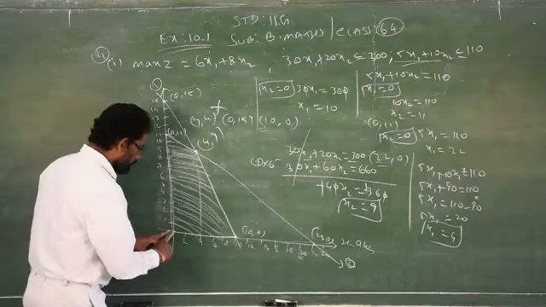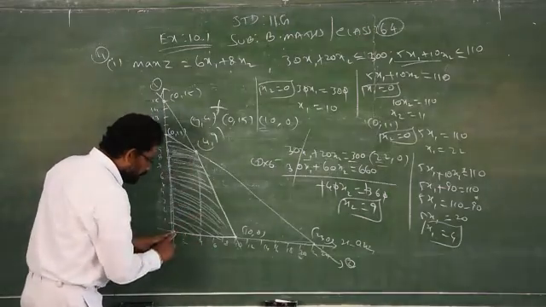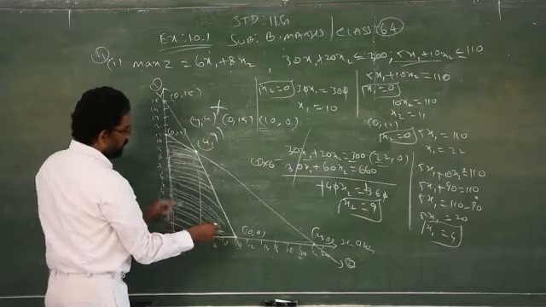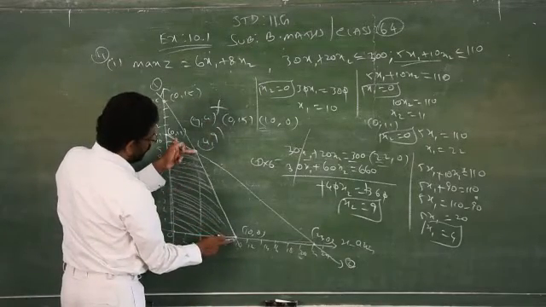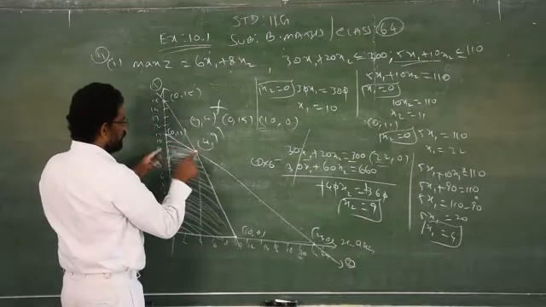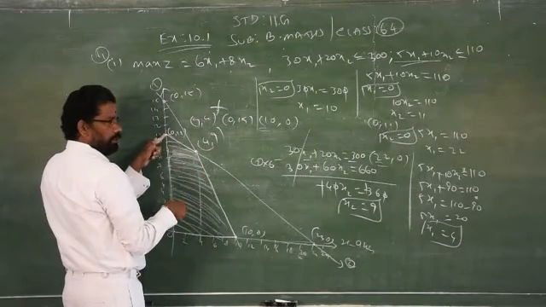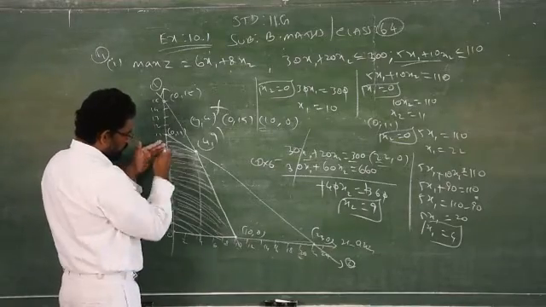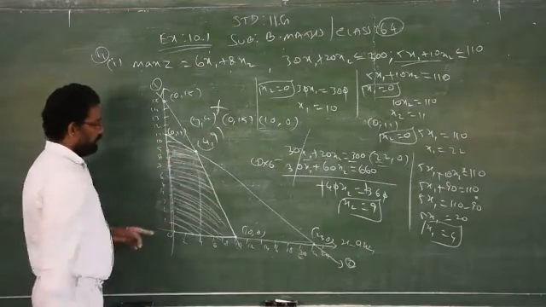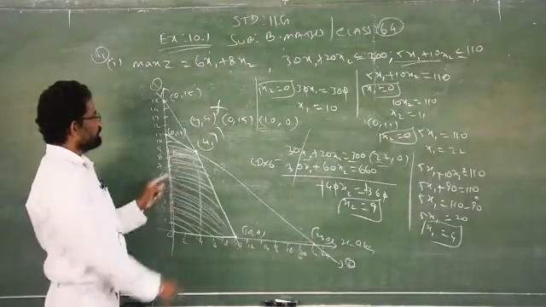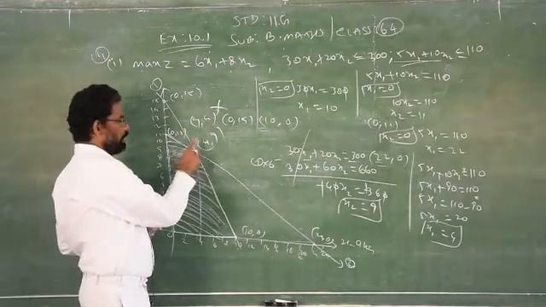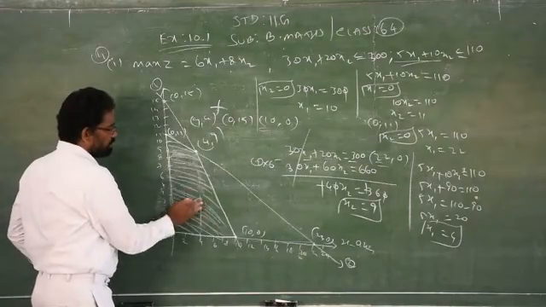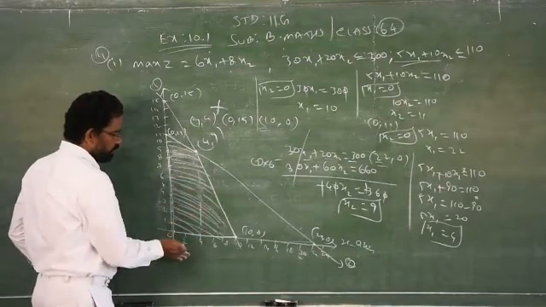Please ensure that before you shade, from 0 to 10, no line inequality is passing through. From 10 to 4, no lines are intersecting. Then 4 to 11, no lines are coming. Then 11 to 0, that is 0 to 11, no lines are intersecting. Therefore, you have to shade it. This line I can simply represent, that intersecting point, with the help of the graph. Clear? No need to mention this one. Just find the region.